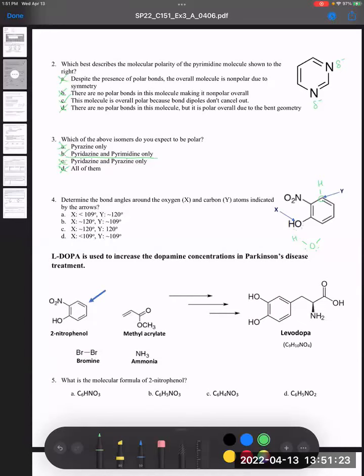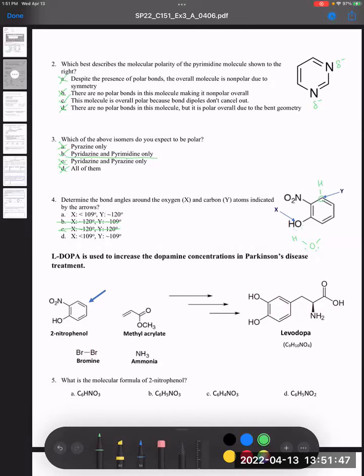But since we have lone pairs taking up more space, pinching the bond angle, the bond angle of X will be a little bit less than 109 degrees. Okay, so it cannot be options B and C because we know X has to be less than 109 degrees. And when it comes to Y, we have 3